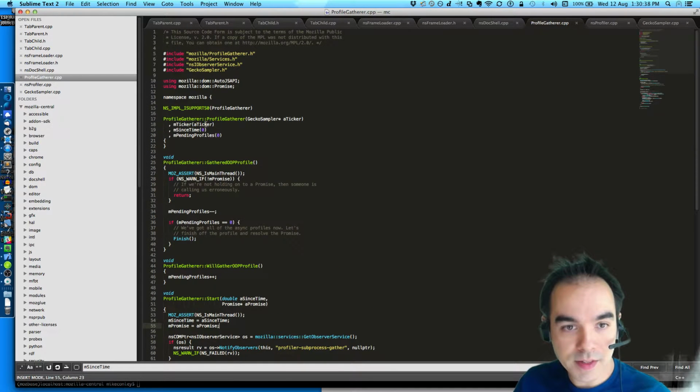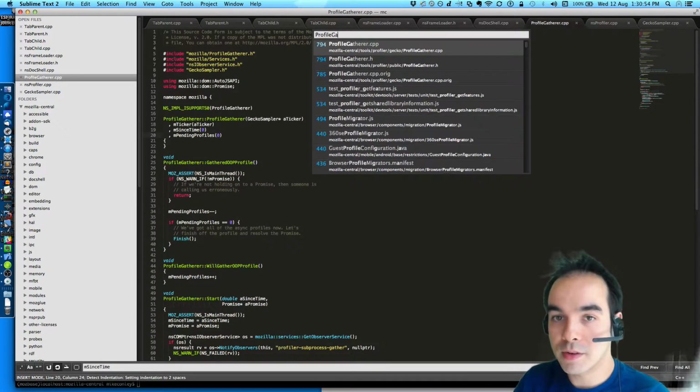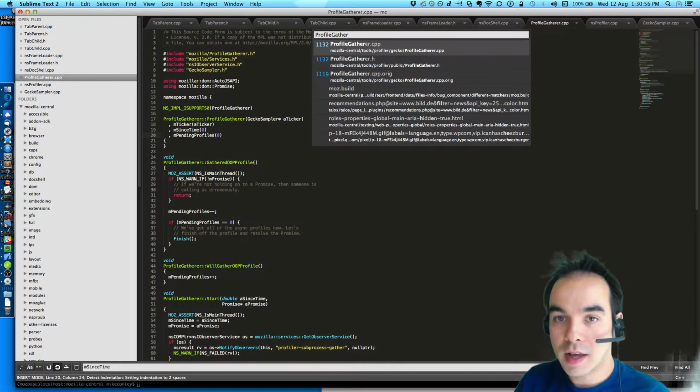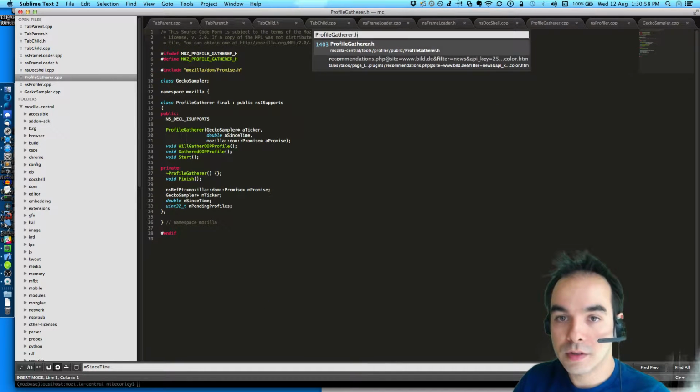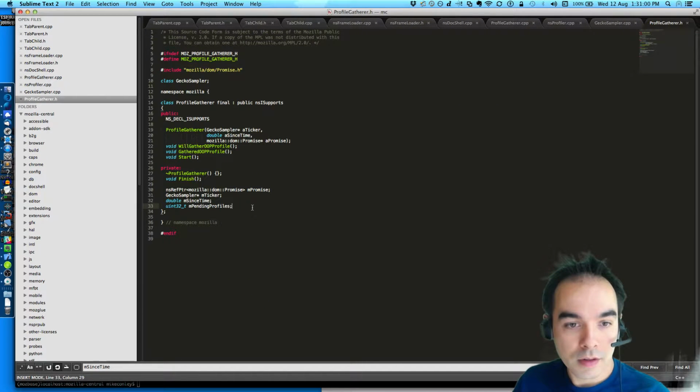And then because this thing will exist throughout the sampling, it might do several gathers. We'll probably need to hold some state on whether or not it's gathering. In Gatherer.h, bool mGathering.